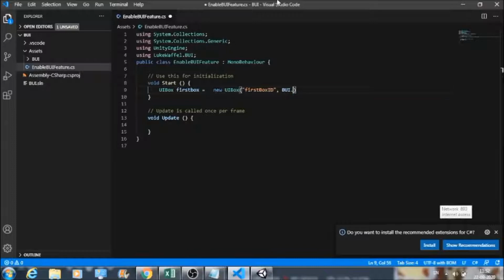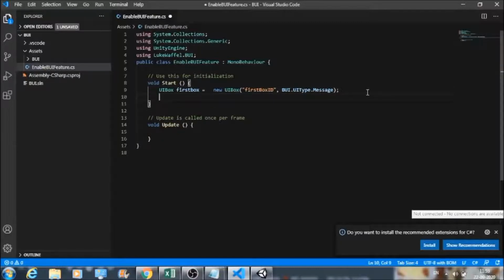That's what I want to see. And then BUI.UIType: what type of message box I want to see. If you want to see a message box, in this type option you can write Message, and just terminate the line using a semicolon.